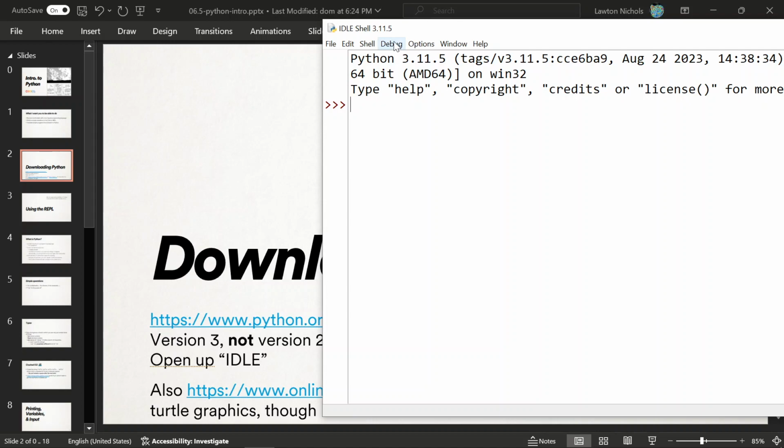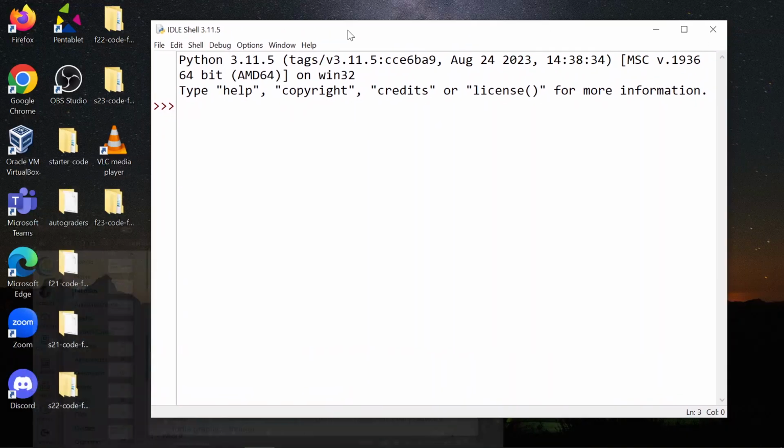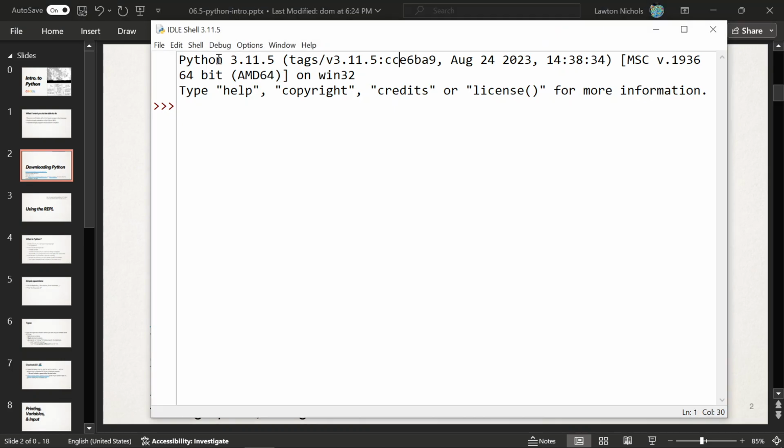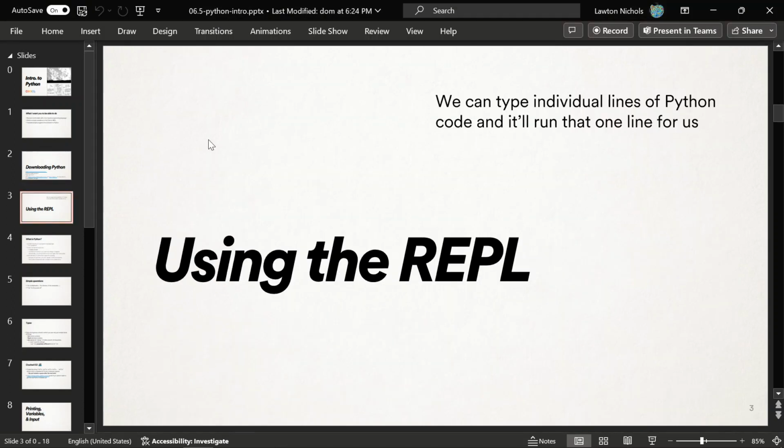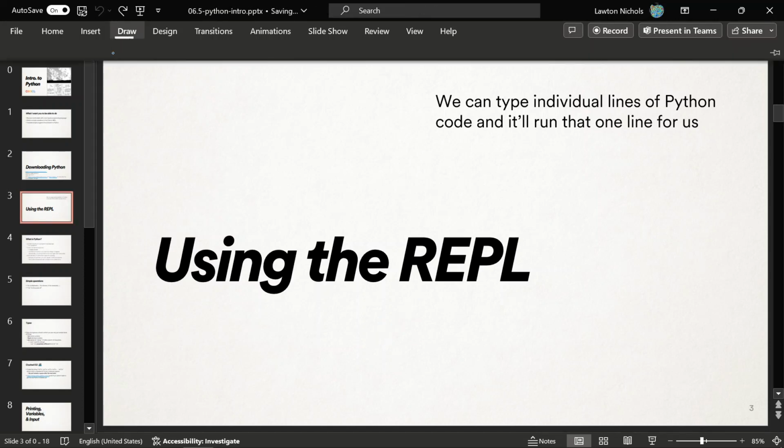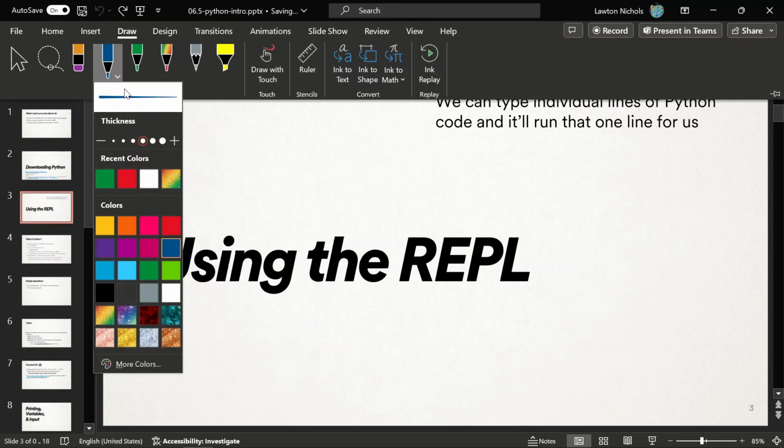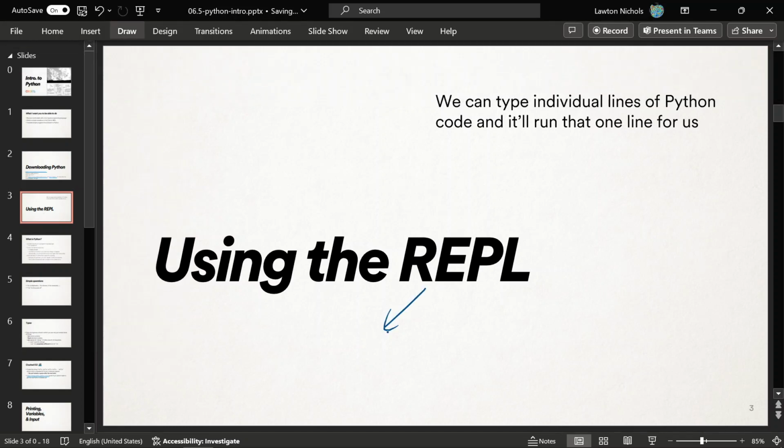It's installing still. So, yeah, what this is right here is a window into Python. It's a little place where you can write some short Python programs line by line. So Python is a text-based language, and you give it text, and it runs it for you. And this is not really a Python program. It's called the REPL. Okay, REPL stands for Read, Evaluate, Print, Loop. So what just opened for us right now is called the REPL. It's the Read,